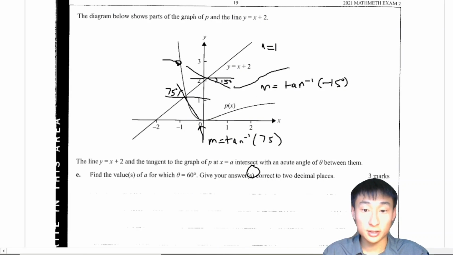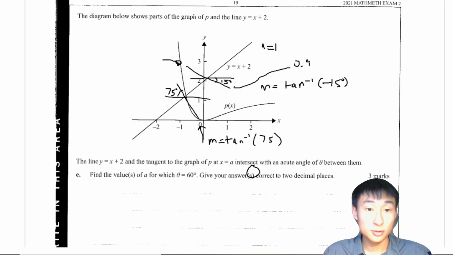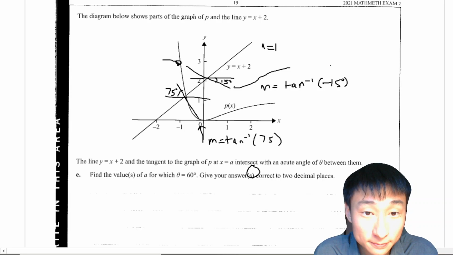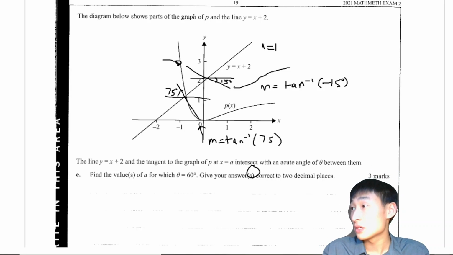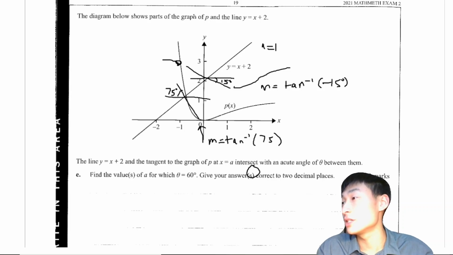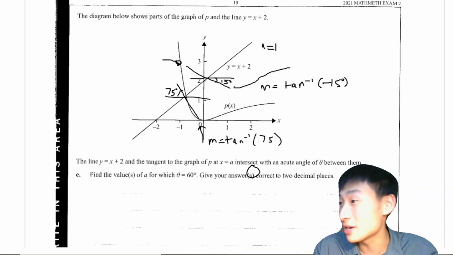This gradient here is 0.9. No, it's not. It can't be 0.93. That's really close to 1. Am I sure about this? Maybe it is. Maybe I'm just kidding myself. No, it can't be. It's not even negative. Wait a second. Why am I... Wait, I should be turning into radians. Okay, my bad. 165 and